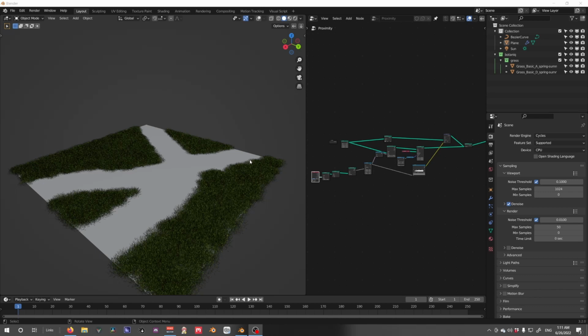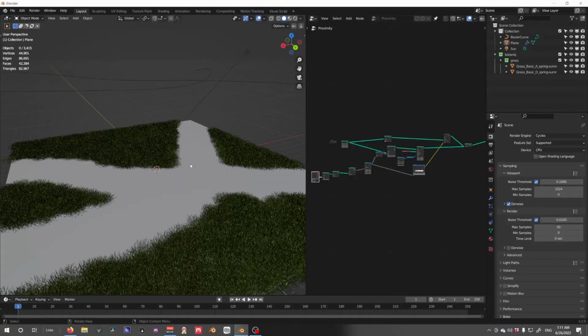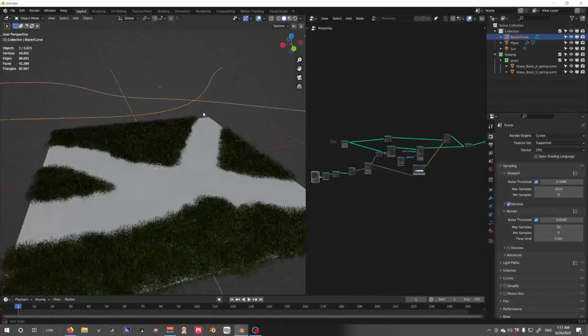Hey guys, today I'm going to show you how to create simple paths using geometry nodes and curves. So let's get started. First, I'm going to quickly show you what I have in this example scene, where I've spread out a simple grass model all over this plane, and with these two curves that I have set up